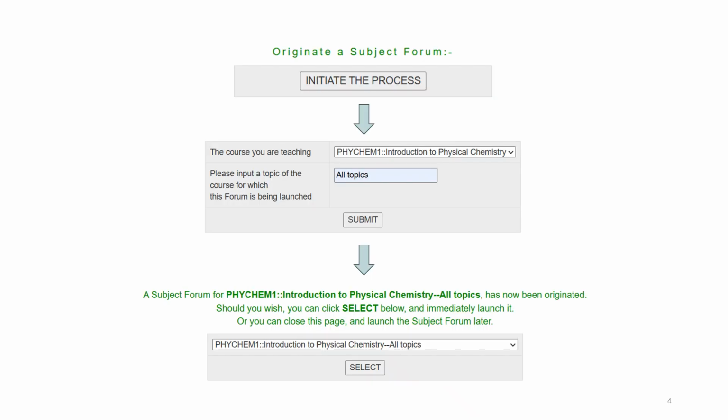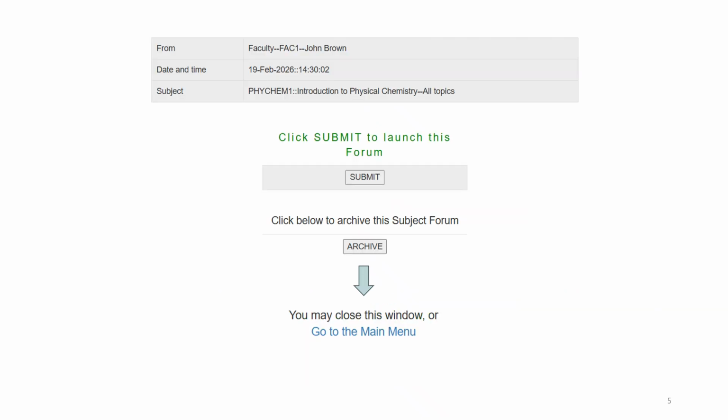You will now be asked to originate a subject forum. Click Initiate the process, whereupon you will be asked to input a topic. Input all topics and click Submit. Finally, click Select. At this time, you will see a screen which asks you to click Submit in order to